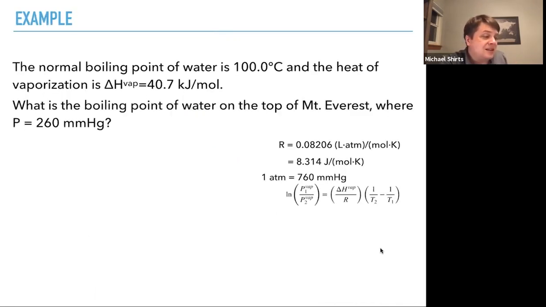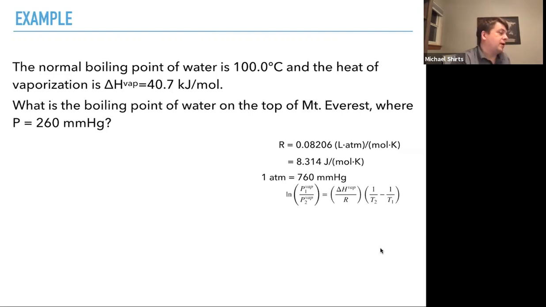Okay, so let's actually work an example here. Let's say we have the normal boiling point of water. What does normal boiling point mean? Well, normal boiling point just means the boiling point at 1 atmosphere. So it's 100 degrees C, and the heat of vaporization is 40.7 kilojoules per mole. It's an endothermic process. We have to put energy into the system. What is the boiling point of water on the top of Mount Everest, where the pressure is only 260